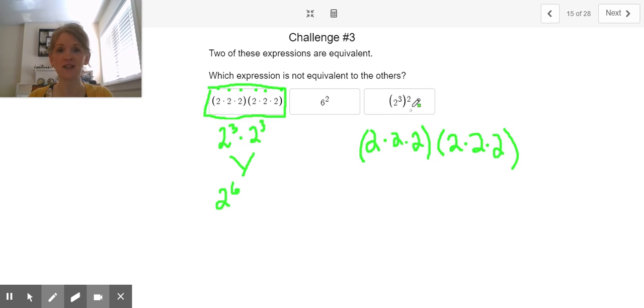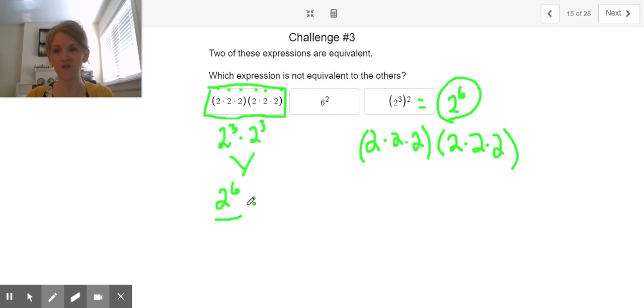Let me do that over here. Let me write this as a single exponent. That's a lot of times how we phrase it, a single exponent. Well, you might remember the shortcut rule that if you have a power to a power outside of the parentheses, I keep my base the same and I multiply 3 times 2 to get 6. So look,